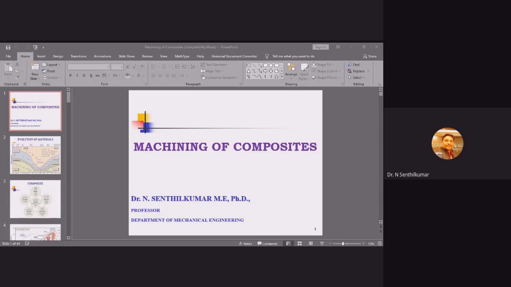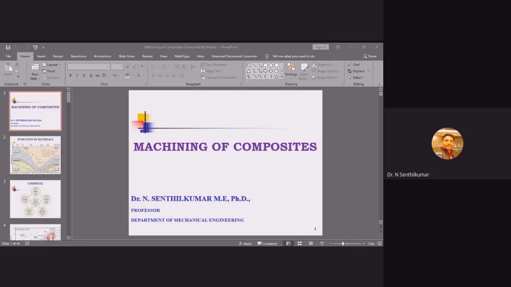Because so far, we have seen many of them doing the same things. But the machining of composites is a very important topic, because nowadays most of the research works are focused on composite materials. It may be synthesis, different methods of synthesis of composites, then characterization techniques. Apart from mechanical properties, we will be studying the wear properties using pin on disc or three body operation, or we will be carrying out the corrosion behavior, which we do with salt spray test or